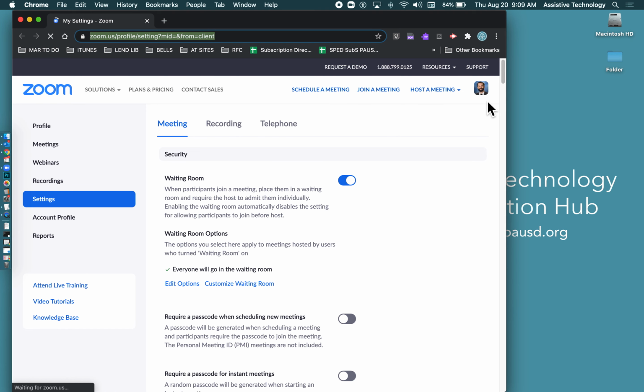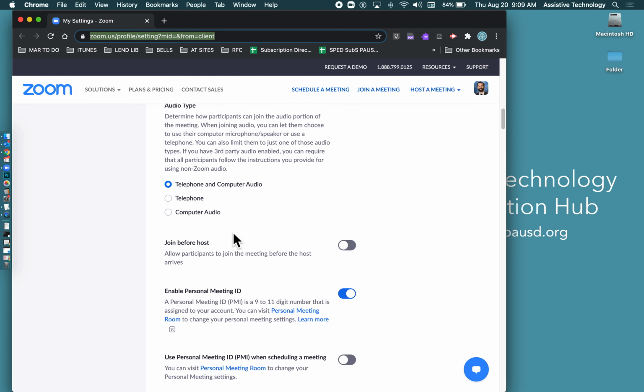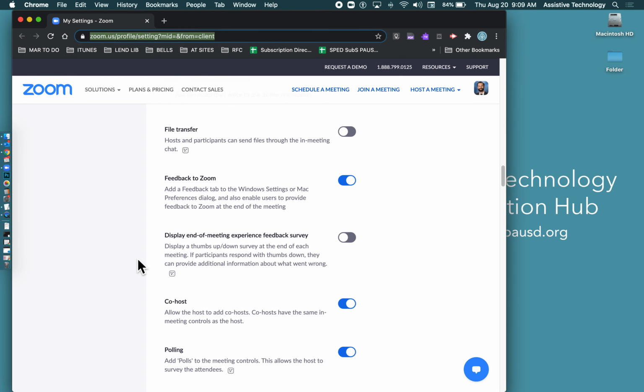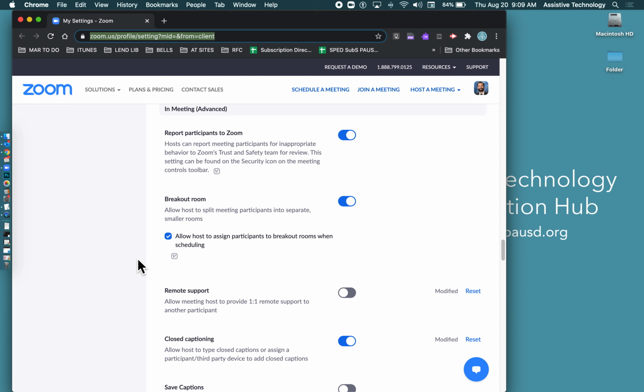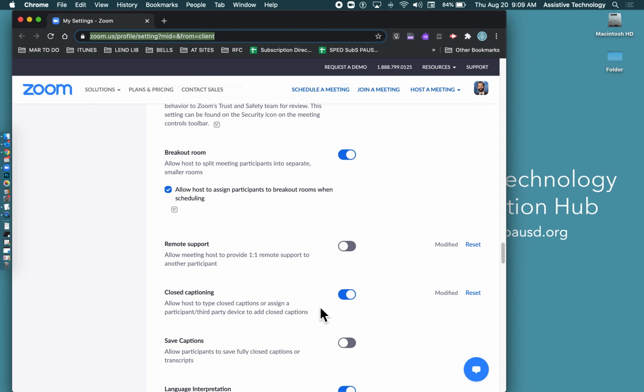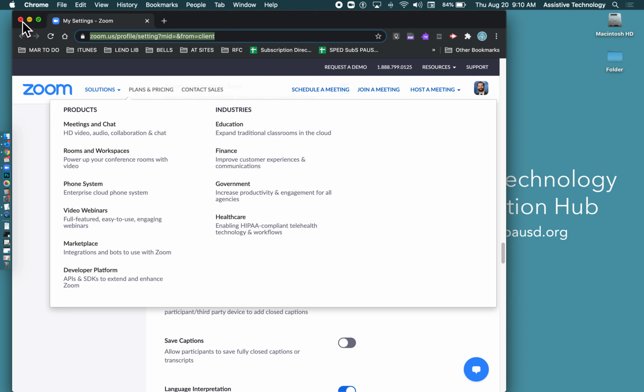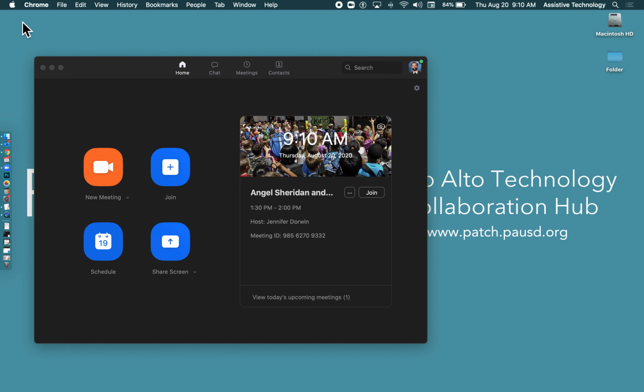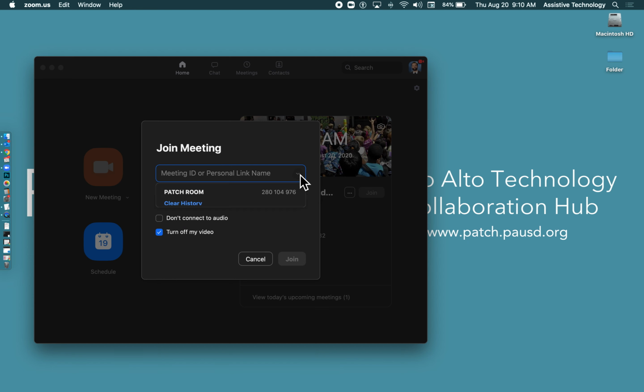It may prompt you to sign in. If it does, sign in. Once you are signed in, you will go to the settings, scroll down, and we are looking for the closed captioning option, which is way down on this page, this long list of settings, and make sure to turn closed captioning on. Once you have done that, you can close this window, go back to Zoom, join a meeting,